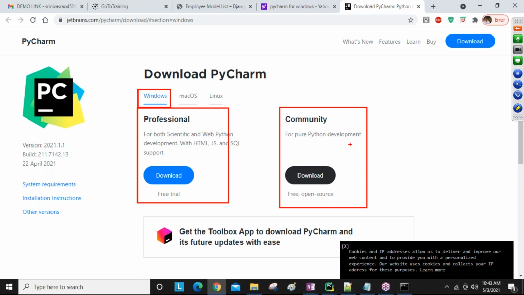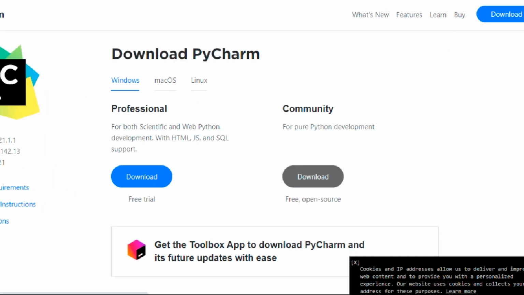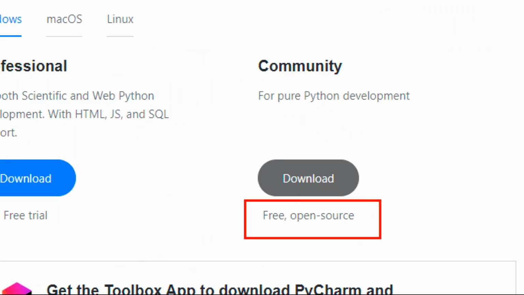If you are learning Python, guys, and only want to do pure Python programs, then you can download the Community version, and this is free and open source. No need to pay any amount. Freely we can download and use this one. Pure Python development we can do. At the time of learning Python, you can install this one.